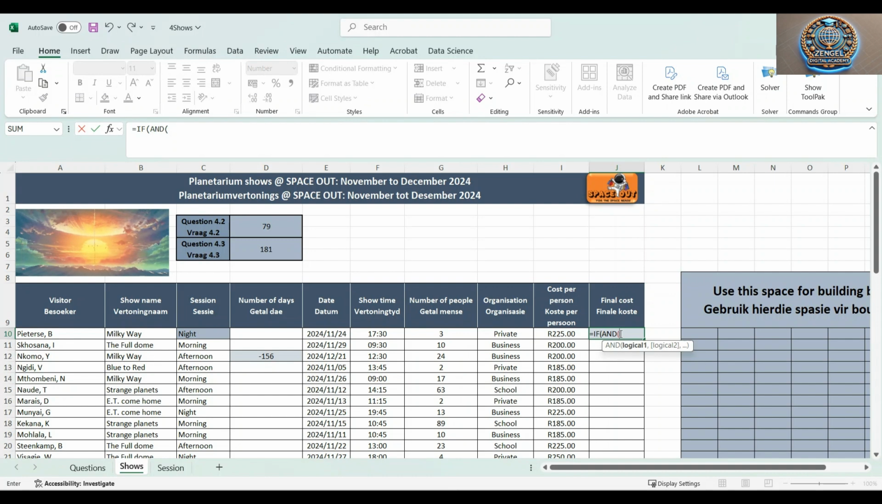Now we're gonna go to the information that we want to use. If H10, which is the organization, which is private, so we select H10. If H10 equals, in inverted commas or double quotes, a school. As we can see already, it's not a school, it's private. However, we have to select that cell because when you take the formula down, it will then be dynamic in order to determine these criteria. So if it's a school,